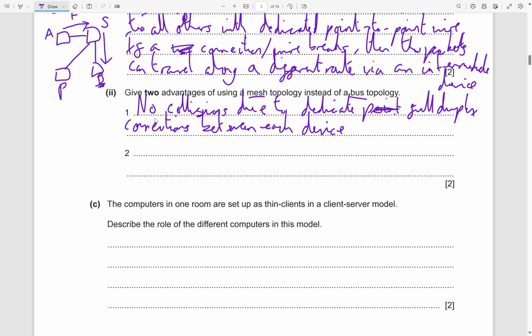But I think the other one is redundancy. So let's say resilient. Yeah, I think that's the word they usually use. Just check the spelling. Let's say resilient, because if one wire breaks,